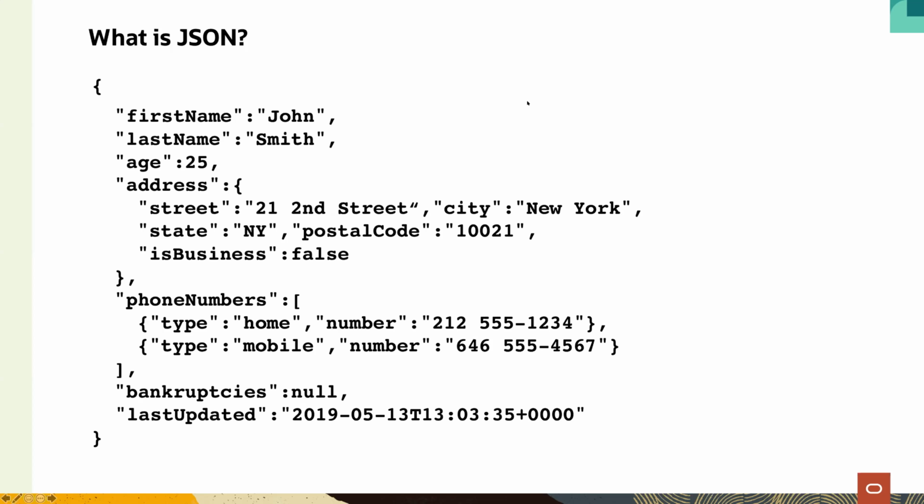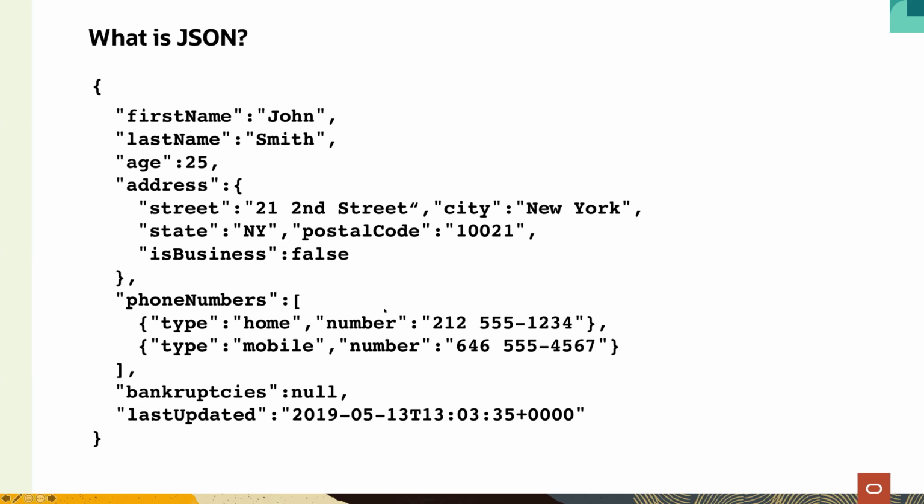We do have values like John or Smith, and these values are associated with a key. So we see, for example, John is the first name of a person or Smith is the last name. So we have a self-explaining data structure. And we also know the data type. For example, John and Smith are in double quotes, whereas the age 25 is not in double quotes. That makes it a number. Or we have some special values like true and false and null.